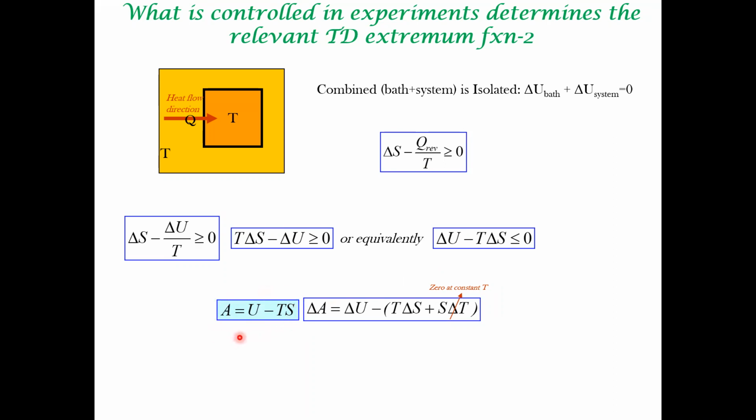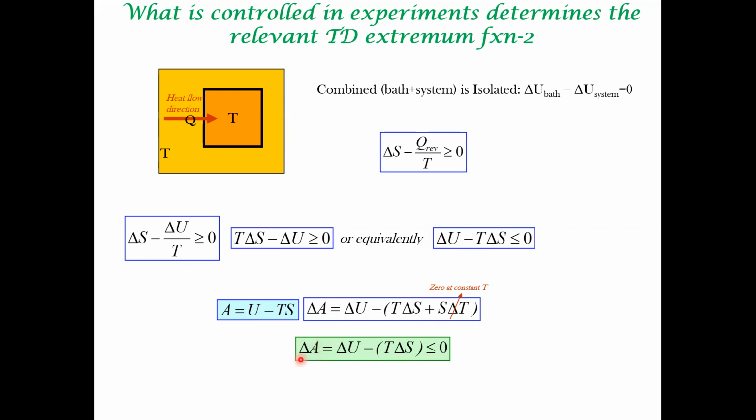When I introduce this variable, what is the advantage? You will see that. Del A is del U minus T delta S plus this term, right? But this is a system for which T is kept constant because it is in constant thermal contact with the environment. So delta T is not changing. Therefore, even though I mathematically can write this, delta T is 0. Therefore, this term is equal to del A. So I can introduce a new term, a new thermodynamic function, Helmholtz free energy,